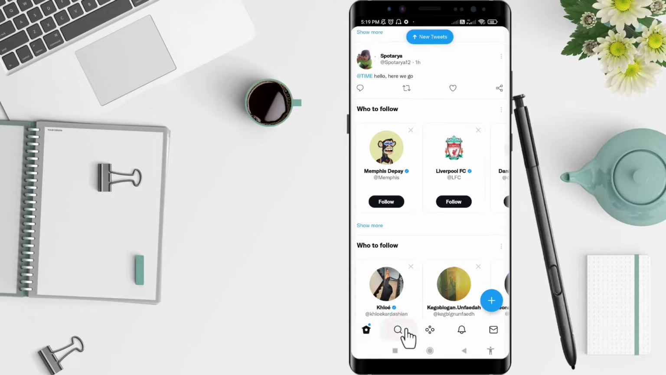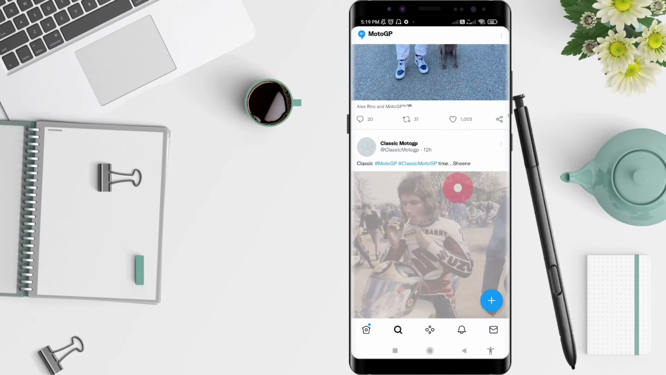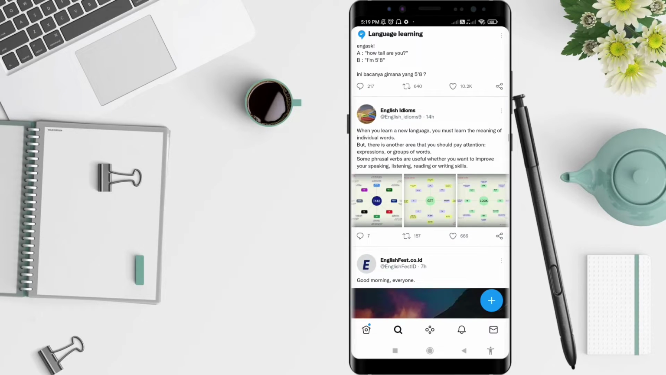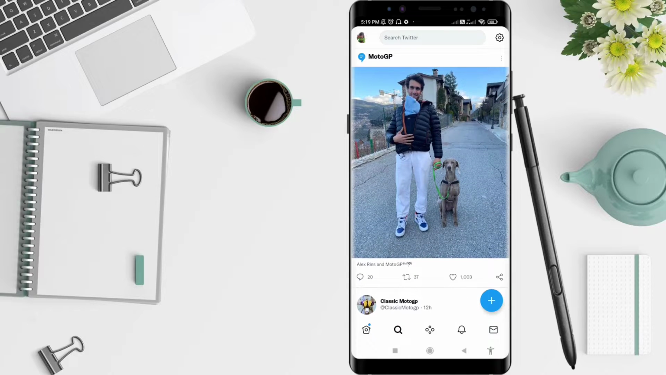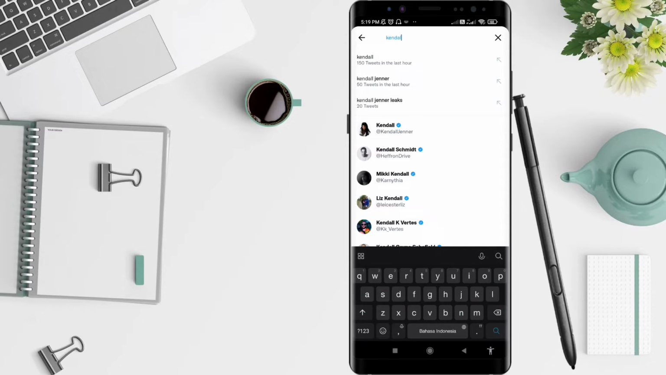Click on the search below, and that's what happens. And then you can search for the account that you want to follow. You can type in the upper bar and search for people. Okay, if you find the someone that you want to follow, you can